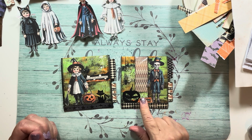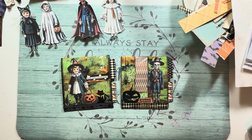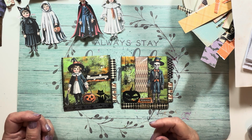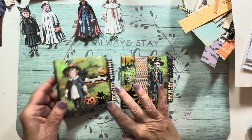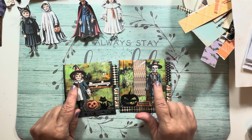I have an idea. I don't think it's my idea, maybe, but all I know is I woke up in the night and this is the idea I got. Somebody else could have done it, I'm sure, because there's a million things to do with envelopes. But I wanted to show you how I made these matchbook envelopes, and I am using Amy's